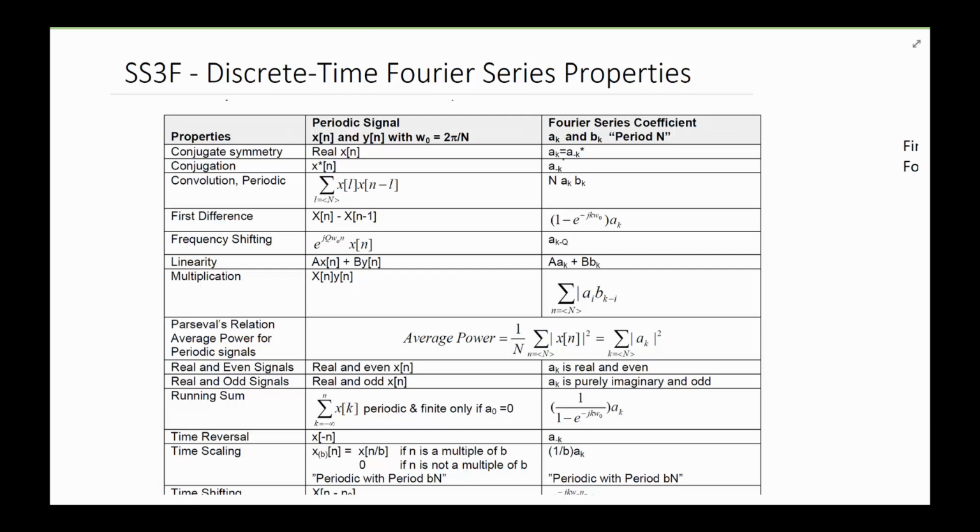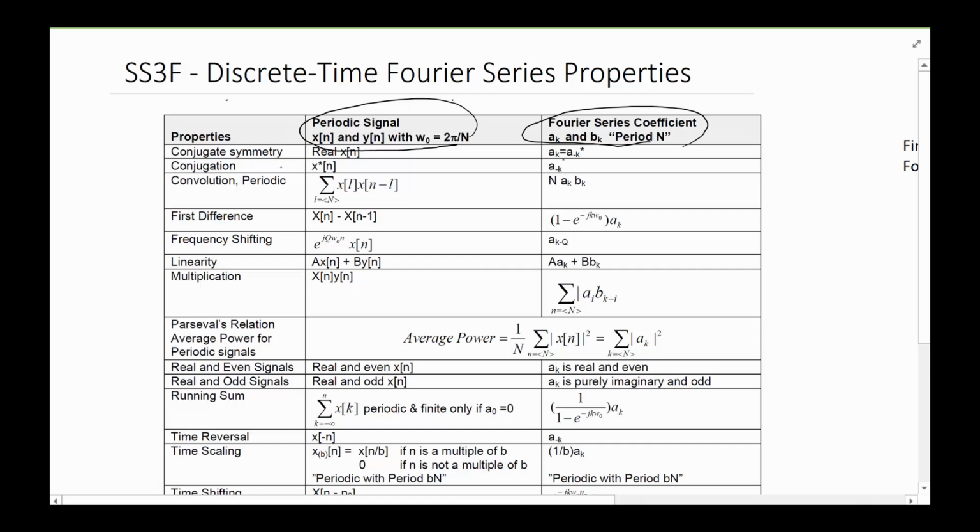Let's go ahead and take a minute and walk briefly through here. First of all, we are doing Fourier series, which basically means that our signals are going to be periodic, and our fundamental frequency is going to be 2 pi over period N. And then the other important thing is that the Fourier series of these signals is also going to be periodic, and the period is going to be exactly the same, so N. So as we go through these, we have the